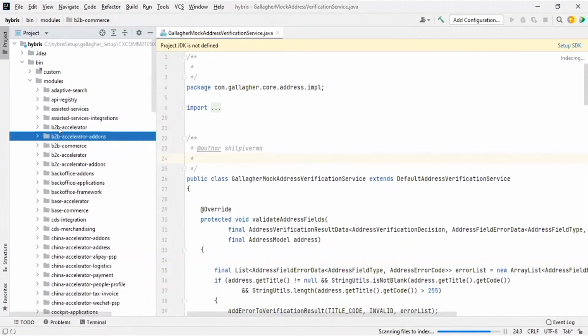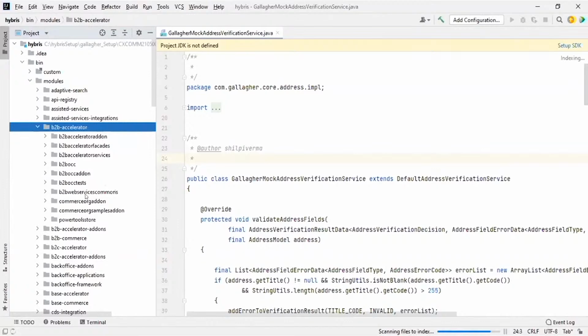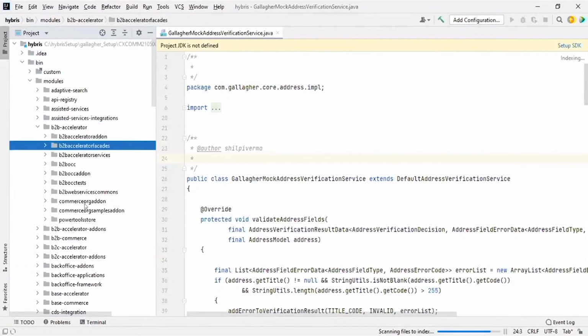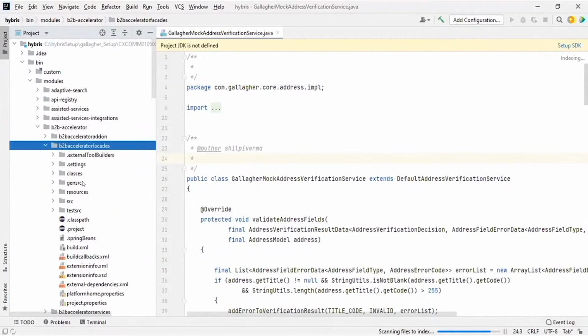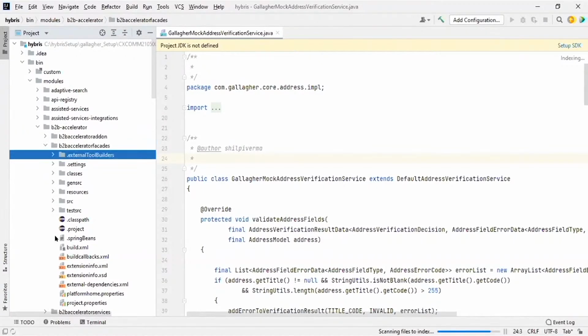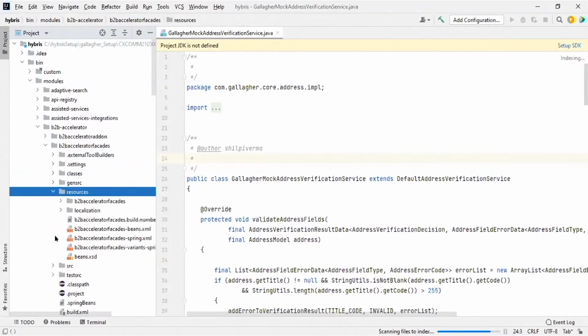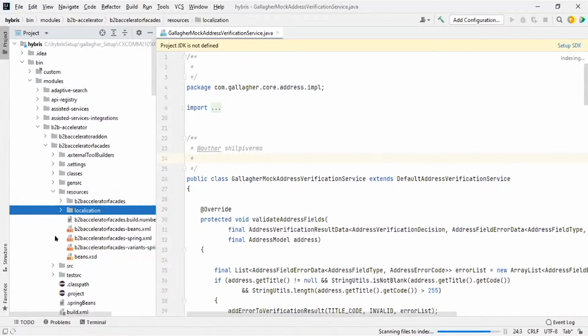If I take an example, under B2B accelerator, I go to any one of the extensions. If I want to define some data for this extension, I can just go here. Under resources, resources will contain that items.xml file